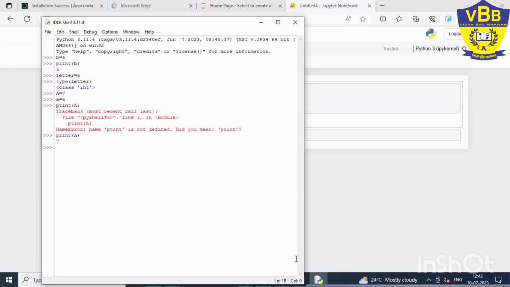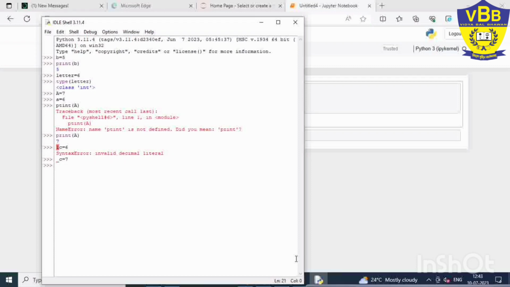What are the naming conventions of a variable? It should not start with a digit. If I write 1c equal to 6, it will display an error. Why? Because it is not valid. You cannot start a variable name with a digit. Only the underscore special character is allowed; there cannot be blanks or other special characters in variable names.